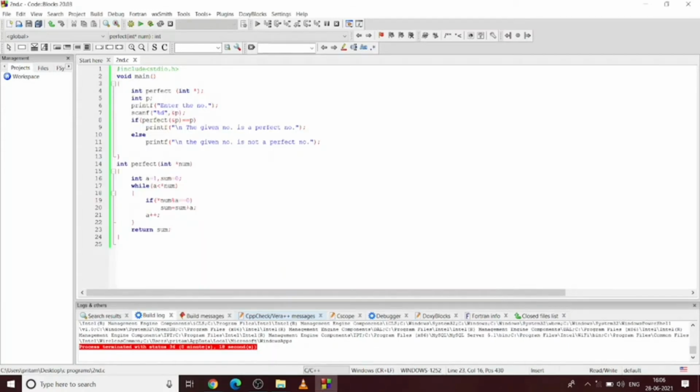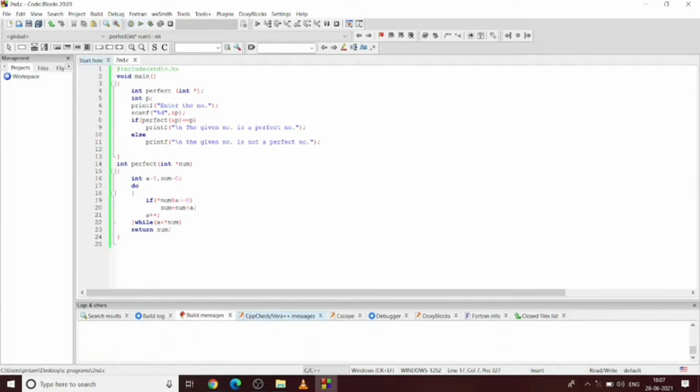Okay, so we have used a while loop over here. What if we use a do while over here? First of all, we have to write the do and then we write the while afterwards. Build.